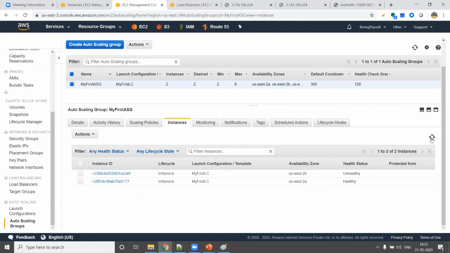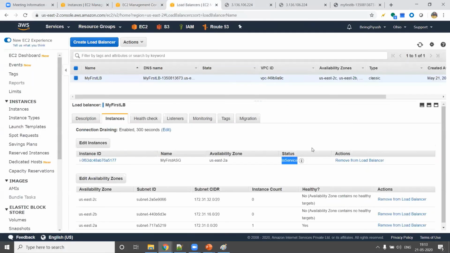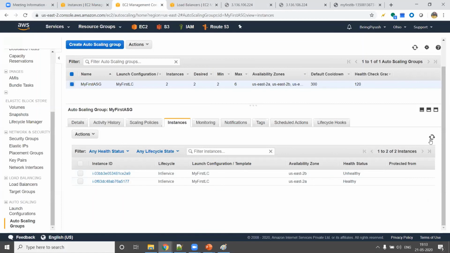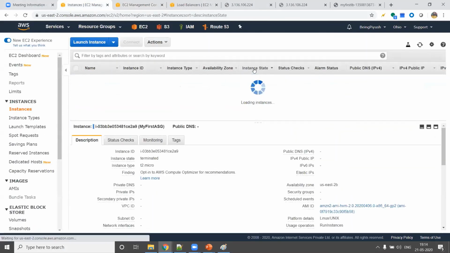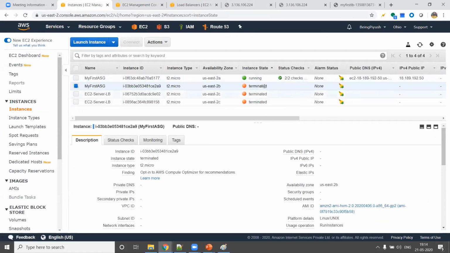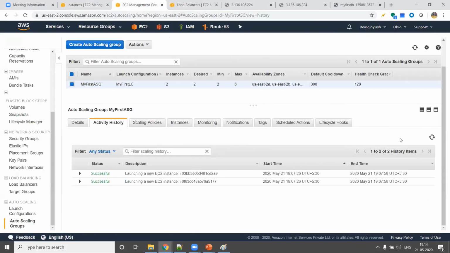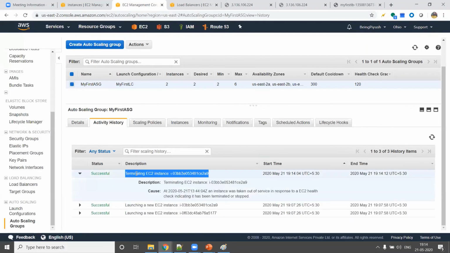So what it is going to do is kick it out of the load balancer. It has already kicked this unhealthy EC2 instance out, but here it is still showing it. In the EC2 instances, you see that one is terminated and one is running and the third is terminated. That means the one I have just terminated. So let's do a refresh. What will happen if I again come back to the activity history? It should actually update. Now it says it successfully terminated the EC2 machine, right?